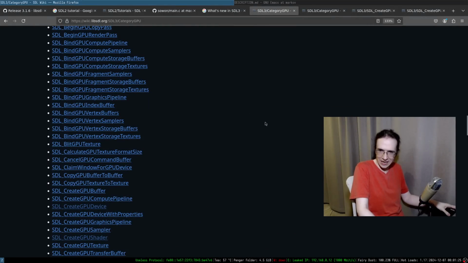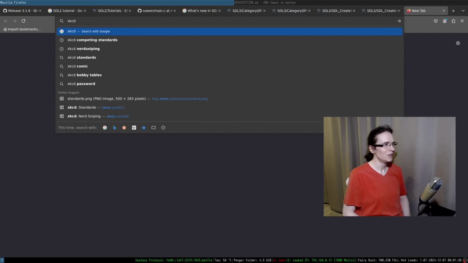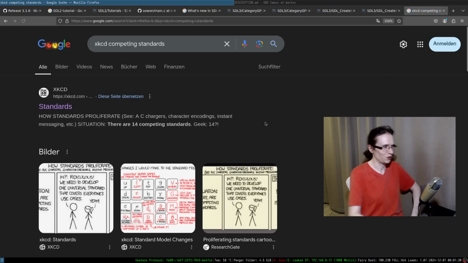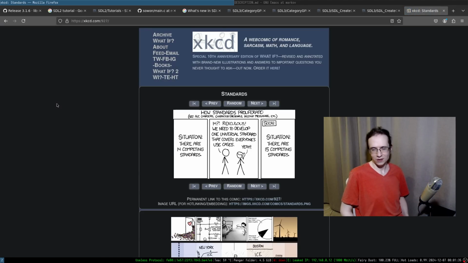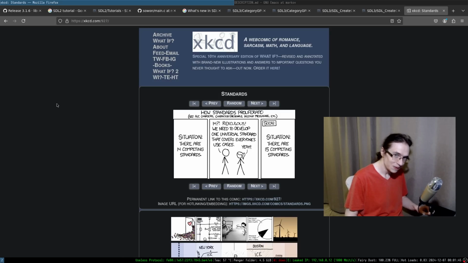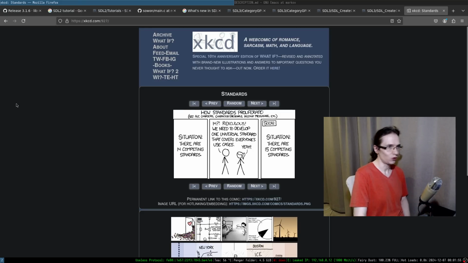So, you know the XKCD about standards, right? Competing standards, right? So we have this kind of situation now. We had OpenGL, Direct3D, Metal, Vulkan, and stuff like that. So we created another one, which is SDL3 GPU, and finally we united all of the standards, right? They're not competing anymore, right? Or now we have another one? Anyway,